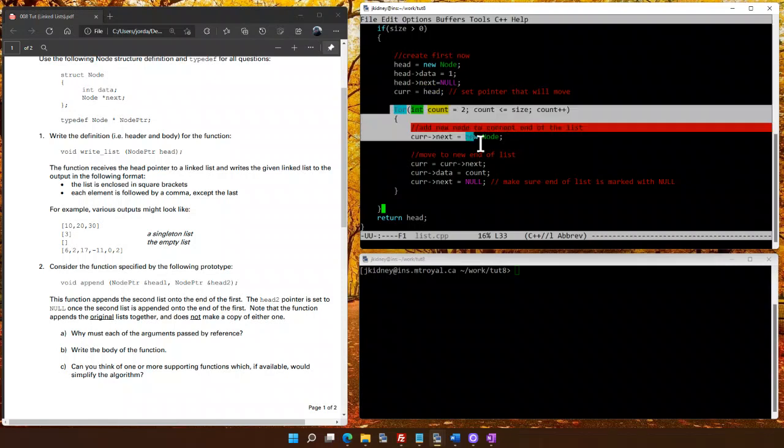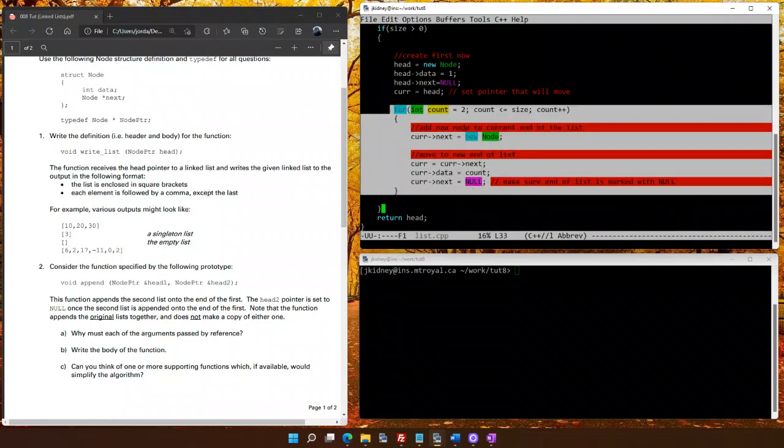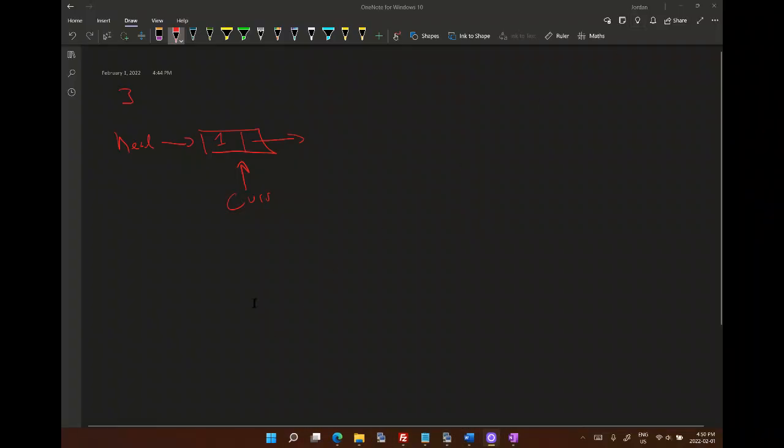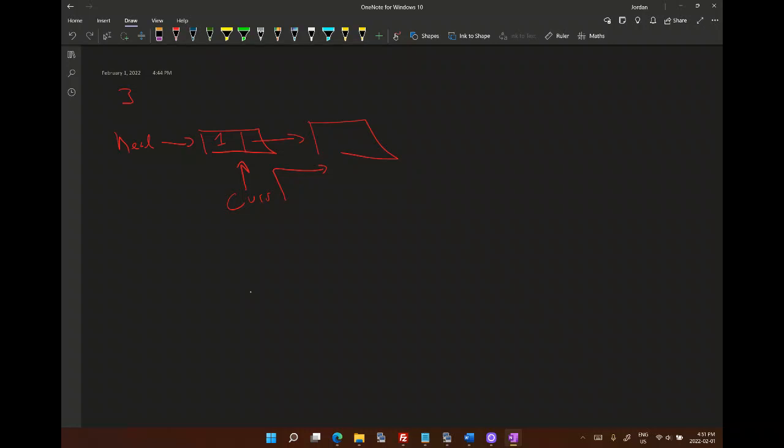After this, we're going through a count where it keeps stepping forwards and doing new things. So we go back to the code here. The idea is afterwards it's always going cur arrow next equals new. So we're following the arrow and we are accessing the node that it references right here and then making a new node that it links to after that. We're then going cur equals cur dot next, so it moves over to the next one. So going up to the node, getting the next reference and moving to the one after. Right here it then sets the data to 2